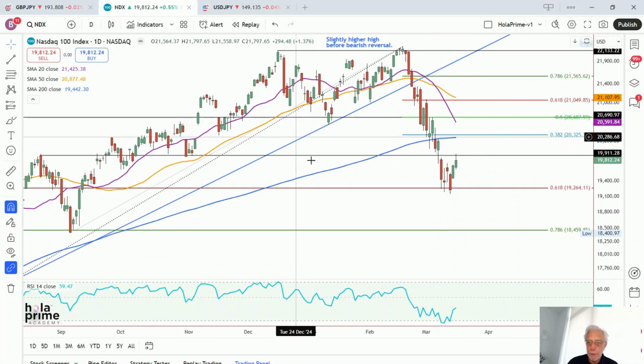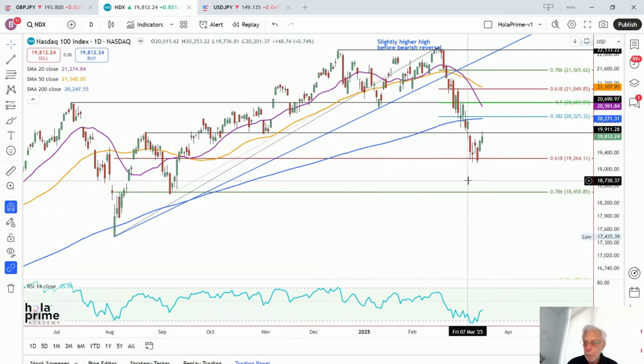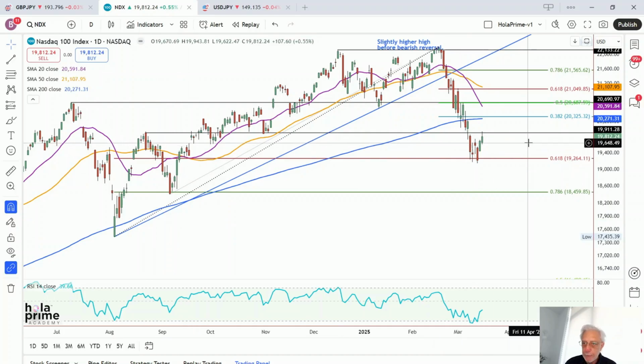Okay, moving on to the Nasdaq 100. We completed a 61.8% retracement on the Nasdaq 100. We know we got signs of a counter trend rally and some bullish reversals heading up into a number of potential resistance areas, starting with this high around today's high of 19,911, which was resistance here and support here, and then followed by the 200 moving average and the 38.2% retracement from 20,271 up to around